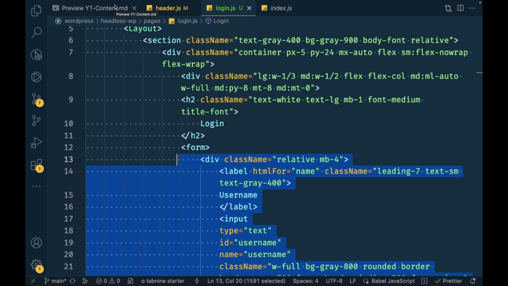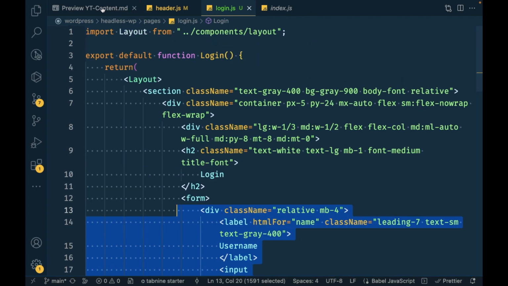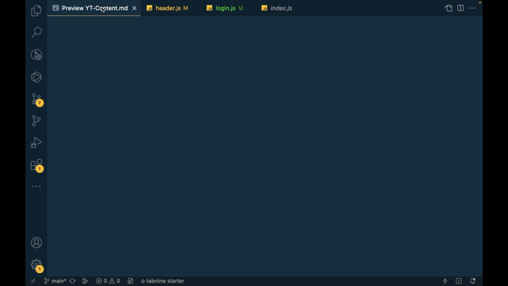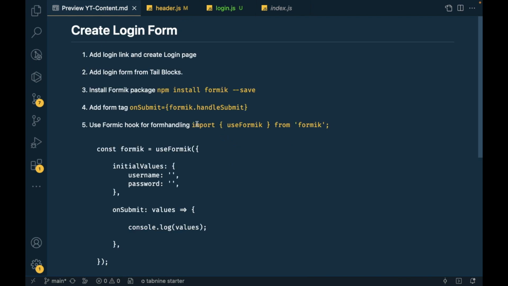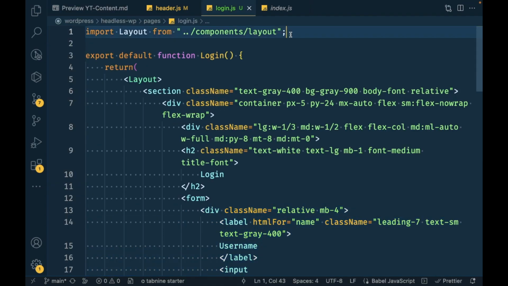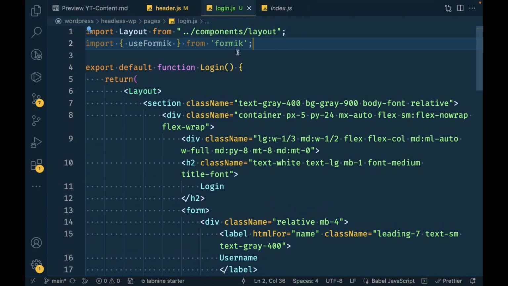So formik is added. Once we install formik, to use it we first have to import the formik package. We will be using the useFormik hook. I'm going to show you what that is in a bit. First let's add the formik here,